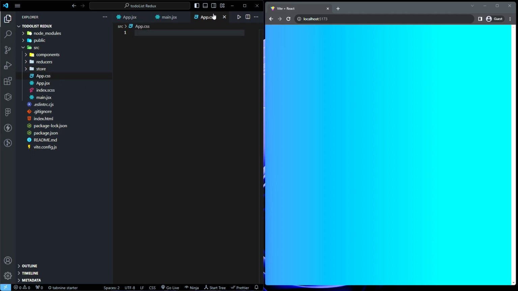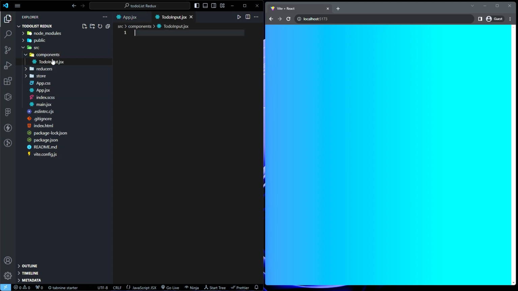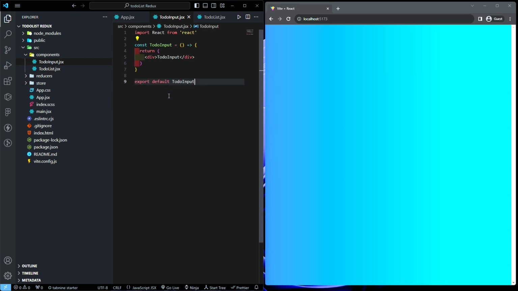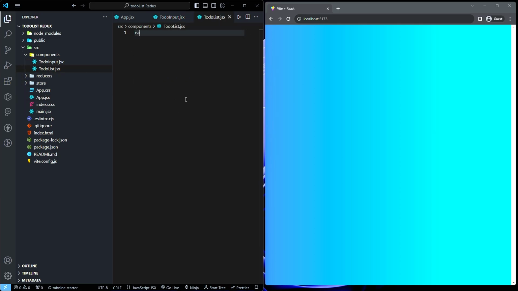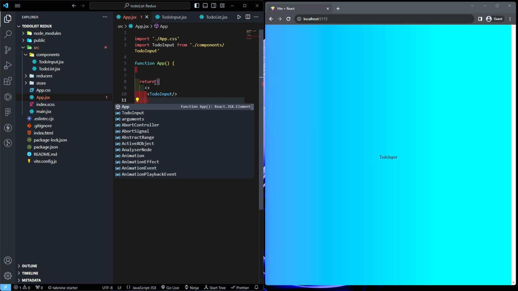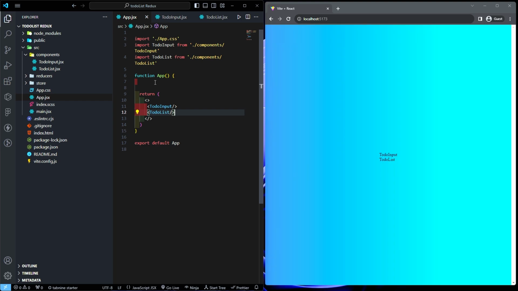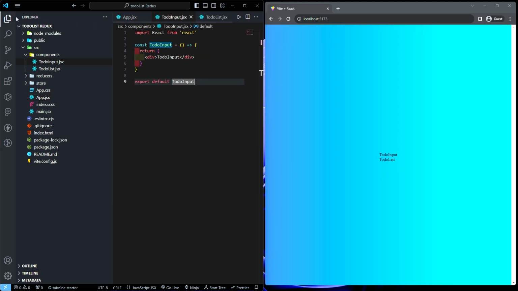Now just close this. In the components, create two files, todoInput.jsx, and the second file is todoList.jsx. Okay, now in the input.jsx, just write a functional component, and here also, and call this in the app.jsx, and the second one is todo list, like that. Now first go to input.jsx,